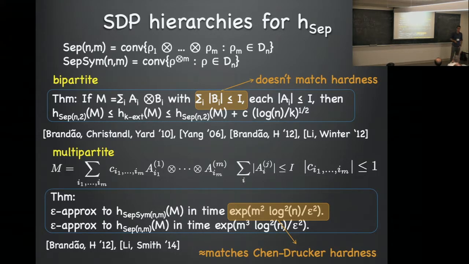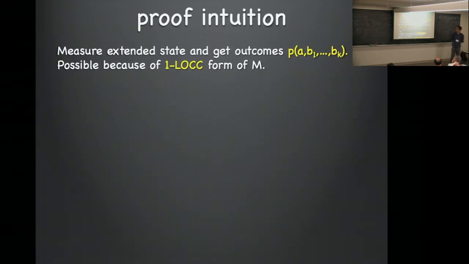I don't know if you can read this. It's damned if you do, damned if you don't. And you have to choose one door or the other one. So the way to think about this is if they measure their state, then there's kind of a few possibilities for the probability distribution. Either A and B1 are nearly independent, in which case we're already done. So remember, we're trying to get k-extendable states to approximate separable states. And so if A and B1 are nearly product, then we have a nearly product distribution, and this looks separable.